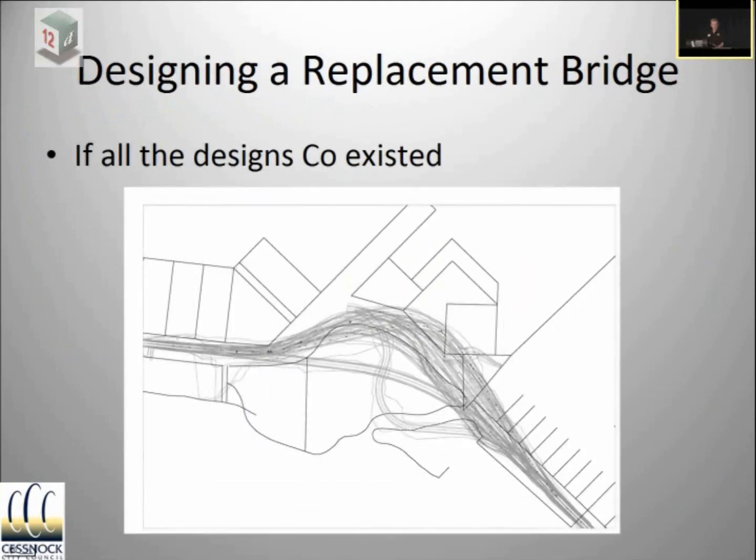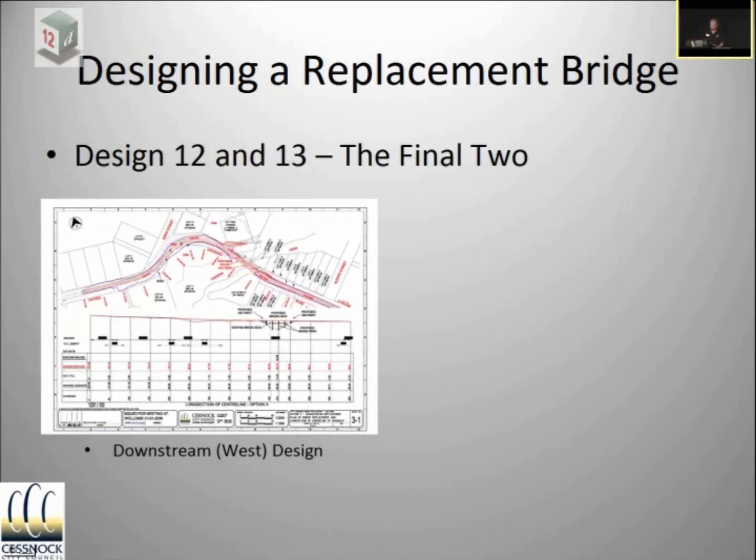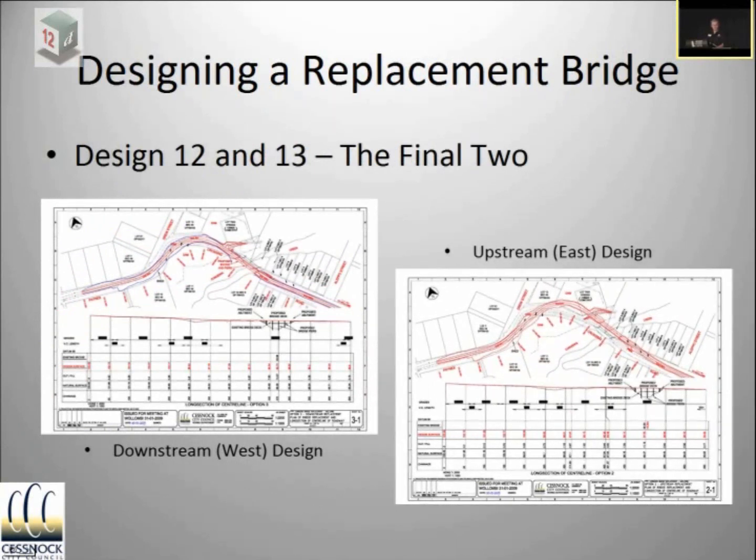And of course, if all upwards there was about 13 designs, that's what they all look like. 4 side tracks, 13 road designs, and it looks more like one of those sand in the funnel things than any sort of road design I could think of. So another 12 months later, which is about October the year before last, we come up with 2 final options, one upstream, one downstream, which we put out to